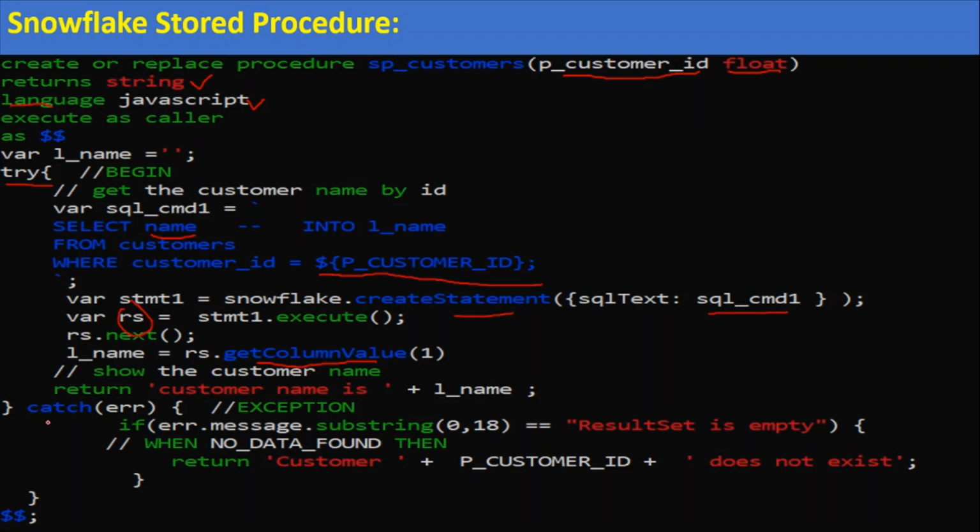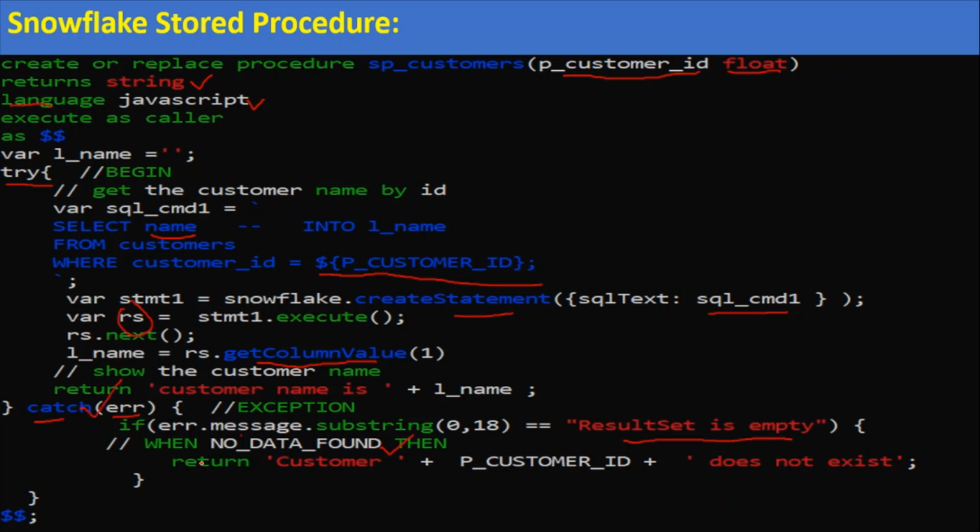If the customer is not there, then we are going to get an exception. That is how we handle it in Snowflake: we have to use the catch block. Inside the catch block, error is an object, and the error object has different methods. With error dot message, we will get the message that the result set is empty. This is equivalent to no data found. The exception in Oracle is equivalent to catch in Snowflake.